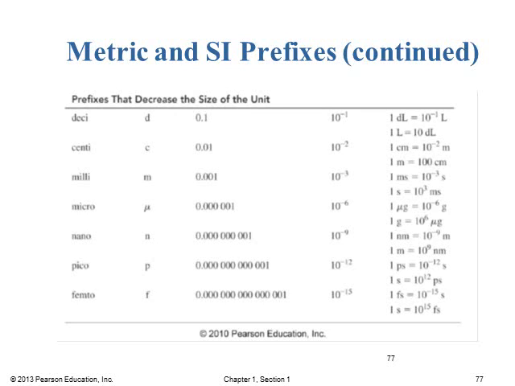We will use a lot of the prefixes that are smaller than 1: deci, centi, milli, micro, nano. We'll concentrate on those ones. We won't really talk too much about pico or femto. But you will be responsible for knowing what all of these from deci to nano mean and how to convert between these different prefixes.